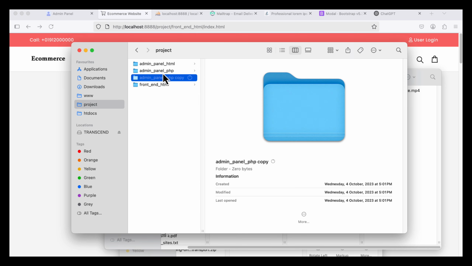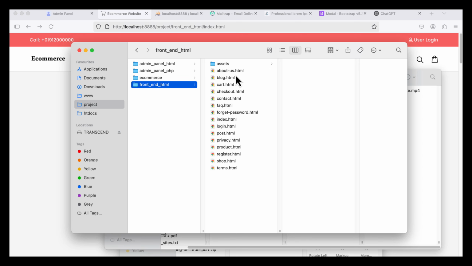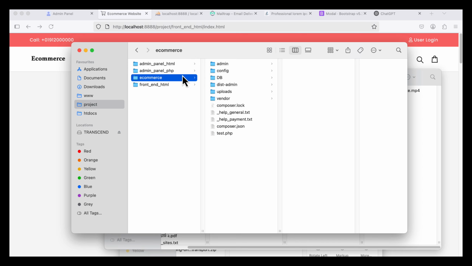That means I am going to make a copy of the admin panel PHP, and this one I will have to change. For example, e-commerce project, or e-commerce. Okay, normal e-commerce is okay. I just give it the name e-commerce. So in this e-commerce, you see this is my front end HTML files, and in this e-commerce admin panel sections